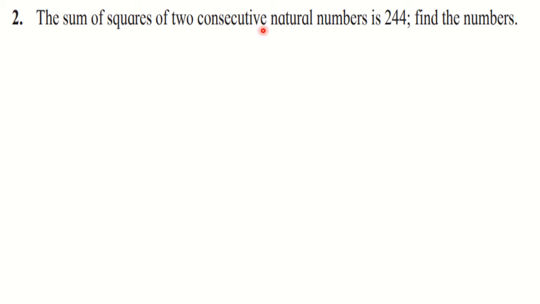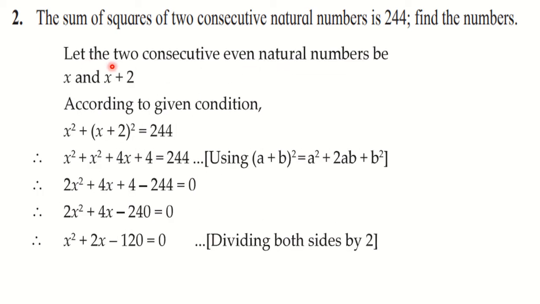Again, take a note of this. So start with those two numbers. You know that even numbers differ by 2. So if the first even number is x, what is the second number? x plus 2. So start with that. Let the two consecutive even natural numbers, see, this word is important, be x and x plus 2. If you are not writing the word even, you are going to get a wrong answer, because you will write consecutive numbers as x and x plus 1 and then you will not get the equation. So natural even number is important here. That word is missing. Take a note of that.